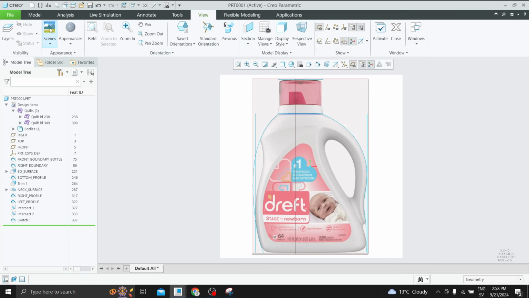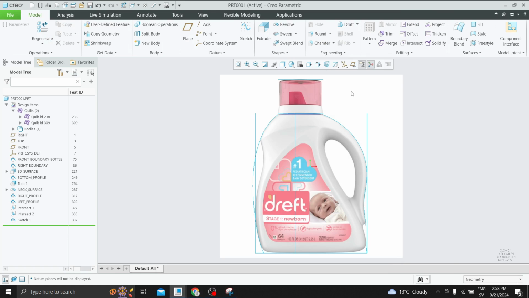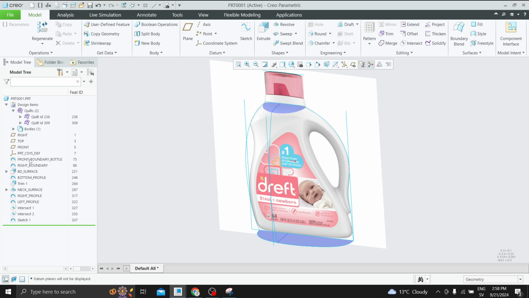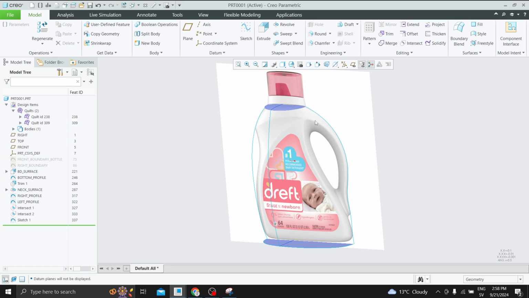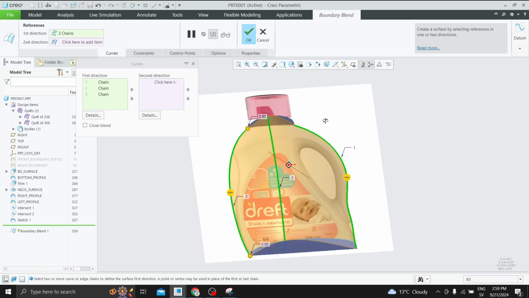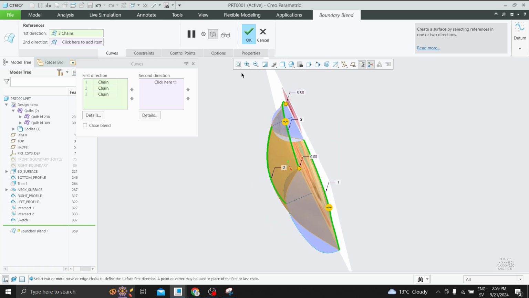The first thing we need is to go to Model and hide your planes. I like to rotate a little bit. These boundaries, you can hide them as well. Then, using boundary blend, you have to define the first direction and second direction, a set of curves, first and second. For the first, I'm going to use these three curves using control. You see now we create a surface like that. If you preview,